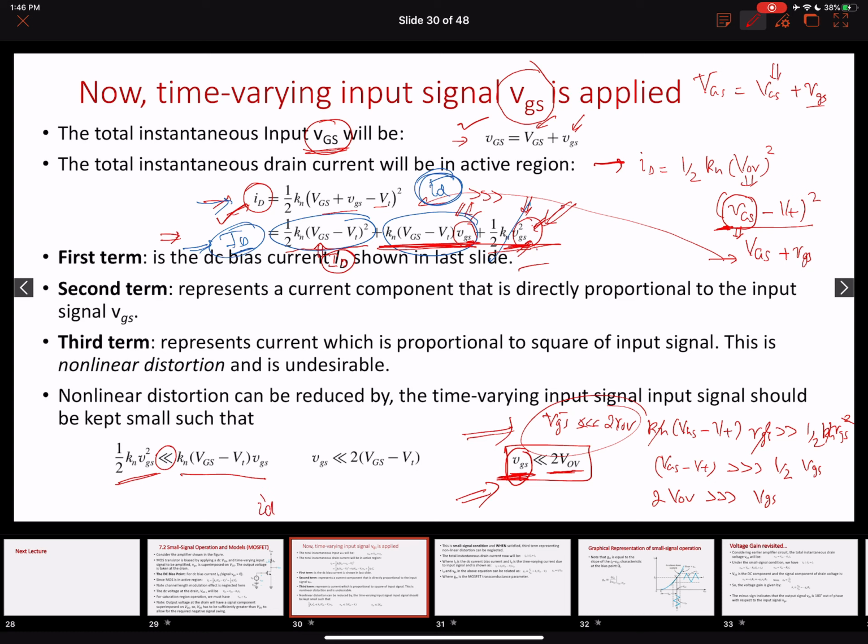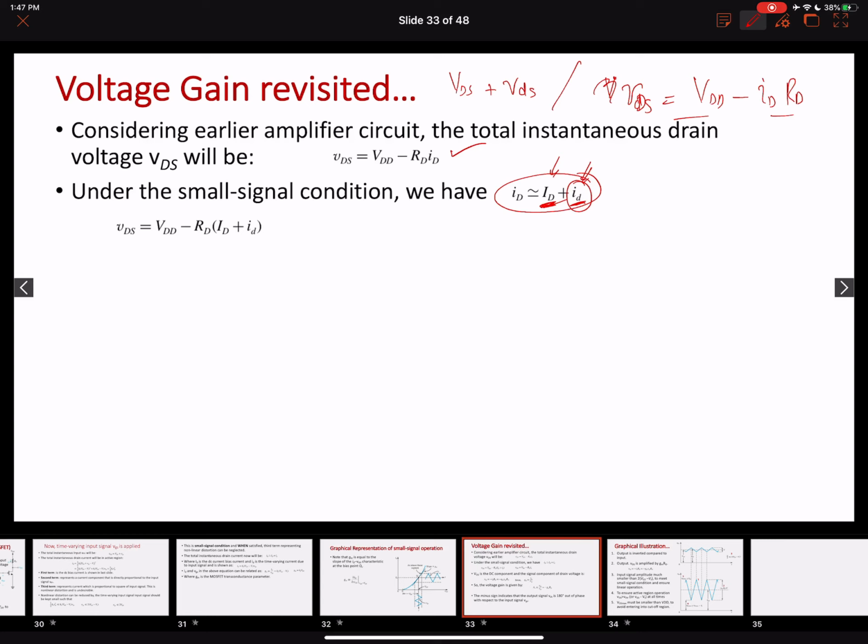Okay, right? So what we did is we ended up putting this ID value over here, and this is what we get: VDD minus RD, ID plus ID. Right, so I can easily open up these brackets, and we can find that this is proportional to, right? If you open up these brackets, you will get VDD minus RD ID minus RD ID. Now, this VDD minus RD ID is the DC value of the drain to source voltage. So that is why our total instantaneous drain to source voltage is a DC drain to source voltage minus this component,